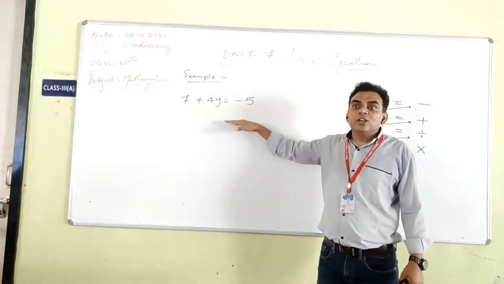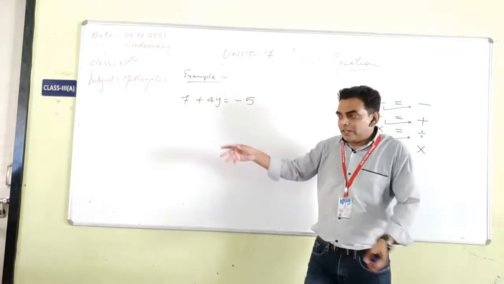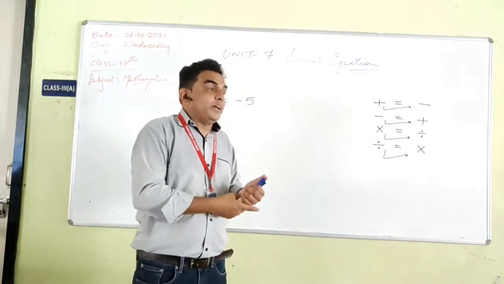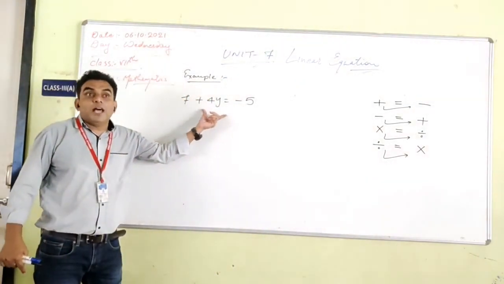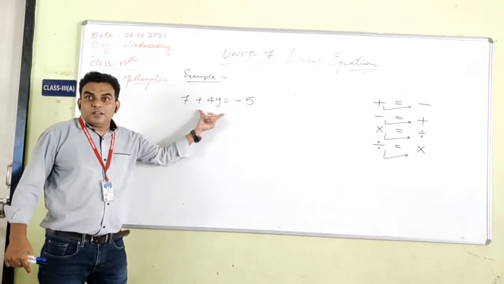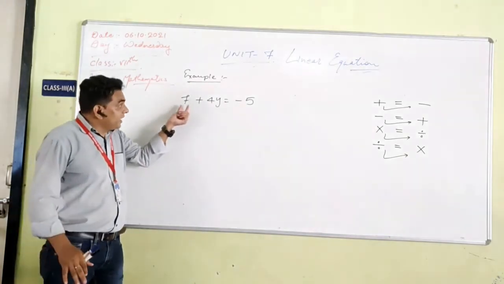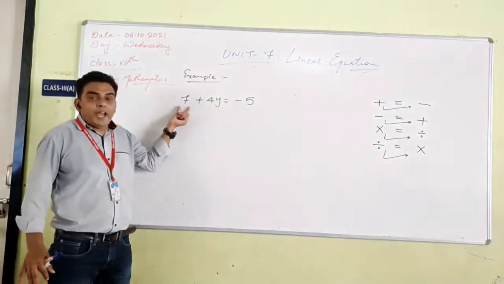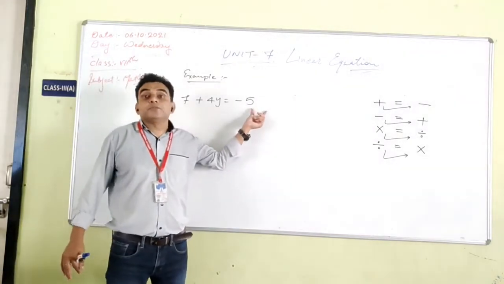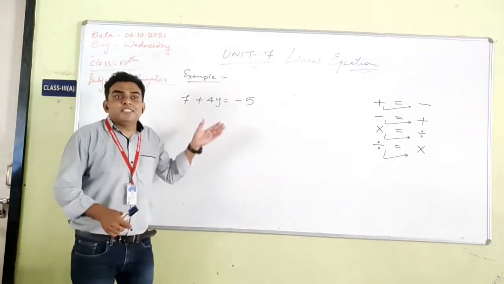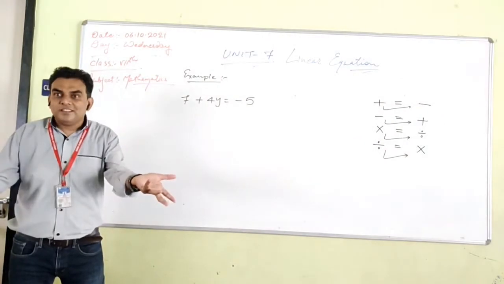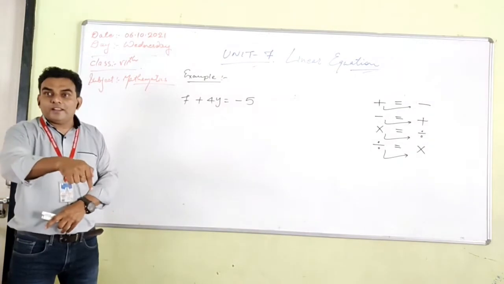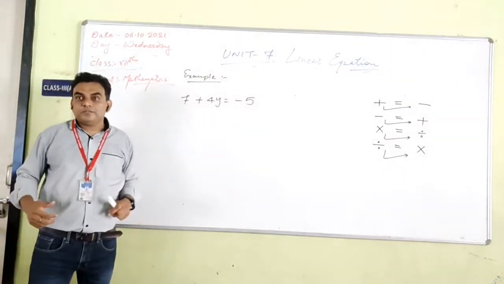So this is the equation. You have to solve that one also. The fundamental concept of a linear equation is that you can find the statement. You can write the statement with the help of this. I repeat again. Suppose that when you add 7 to 4 times y, you will get minus 5. You can write this statement in 2 or 3 ways. As you know, to 7 we have to add 4 times y. Then we will have minus 5.